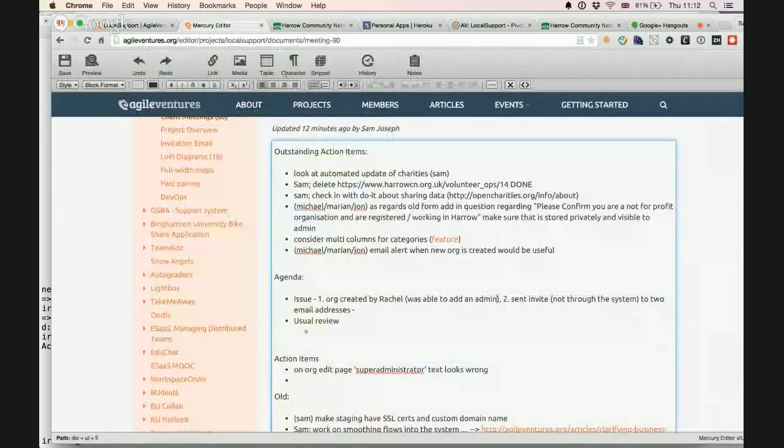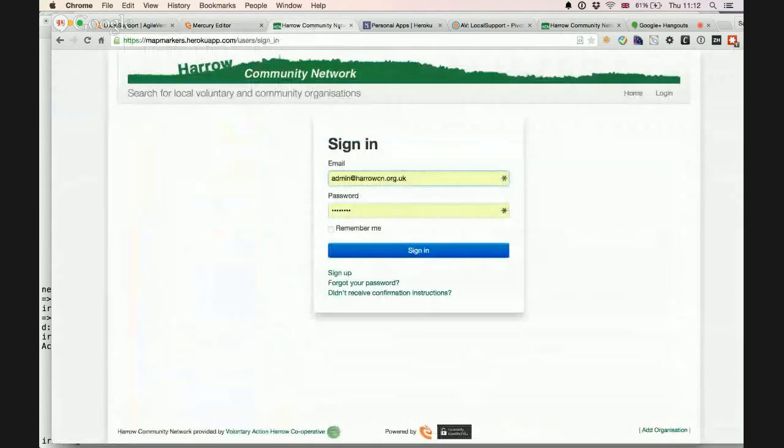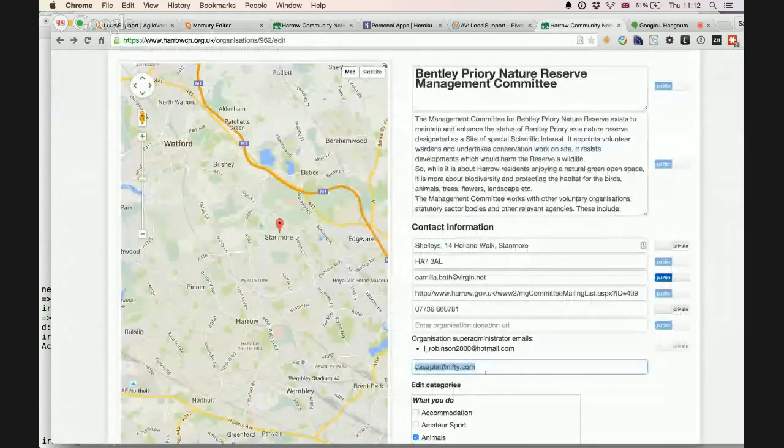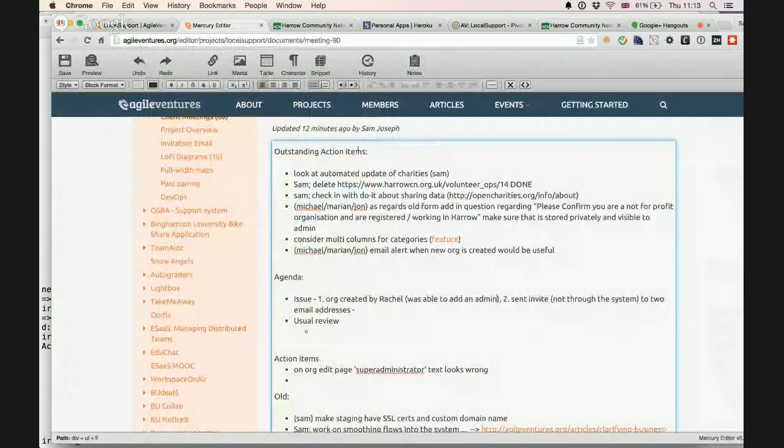Right, and that may be exposing a flaw, in that we're checking for the presence or absence in the system of this individual in the edit thing, but maybe when it goes through the new thing it doesn't work. So it was able to be created like that, and then what we had was you sent the invites to the two email addresses.